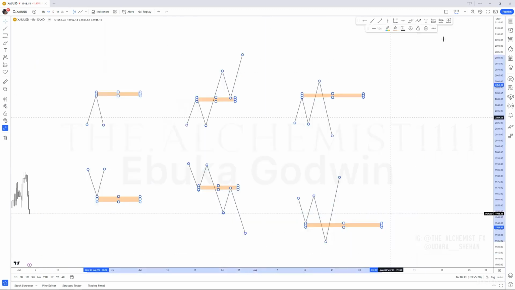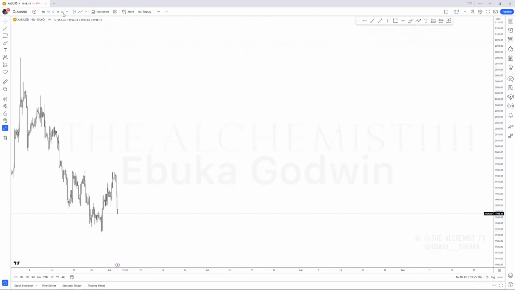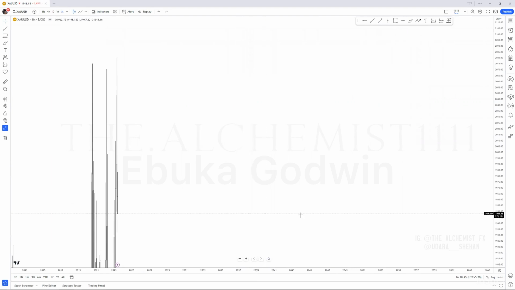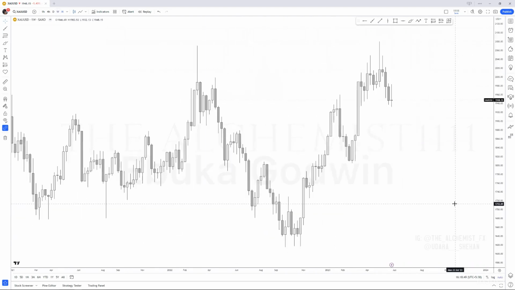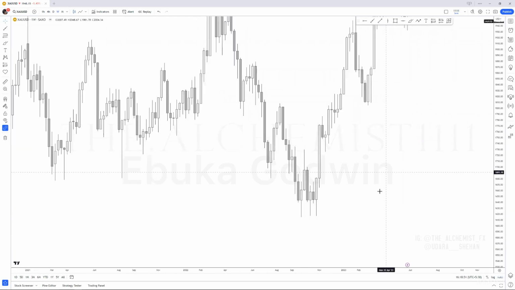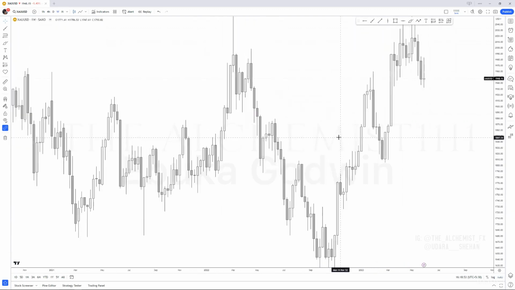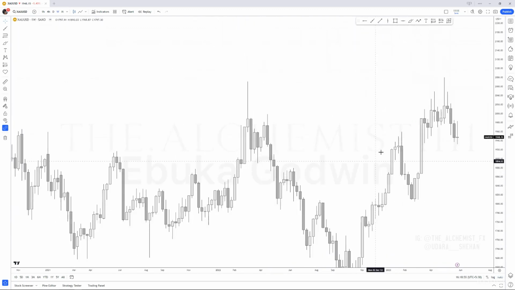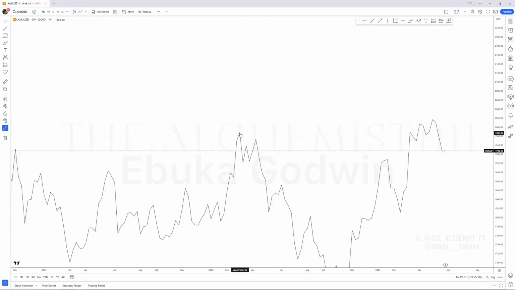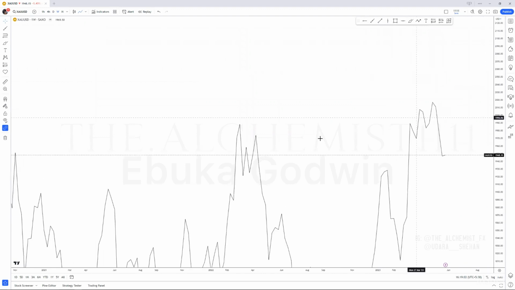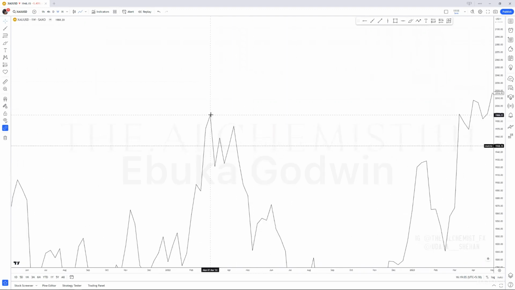Let me delete this and I'll show you some examples, starting from the weekly time frame. I'm trying to show you some clear examples. You can see this very clear. What do we have in here? A bullish candle and a bearish candle. So what is this? A resistance, right? This right here is what we call a resistance. That is the A formation right here.